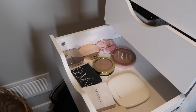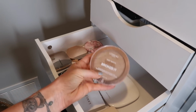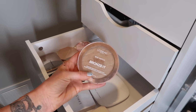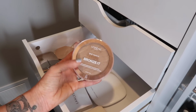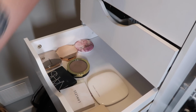Okay, so then moving on to my bronzer drawer, I am going to be grabbing my L'Oreal True Match Lumi Bronze It. I have been reaching for this to bronze my body a little bit to try and help match all of my body when I'm self-tanning, and I've really been enjoying this. I think it's been beautiful for the beginning of the summer, so I'm going to grab this,